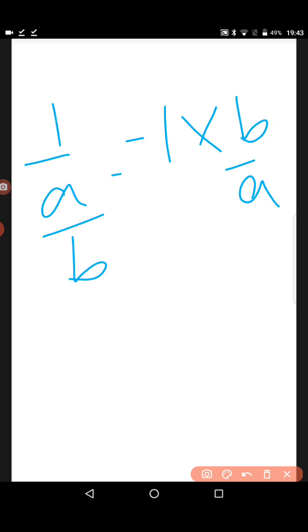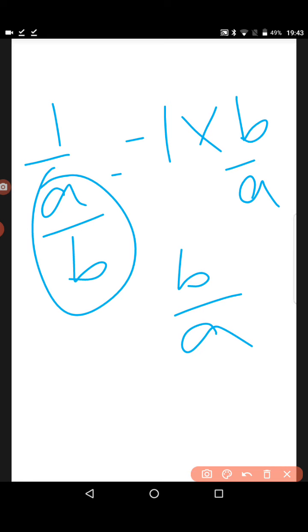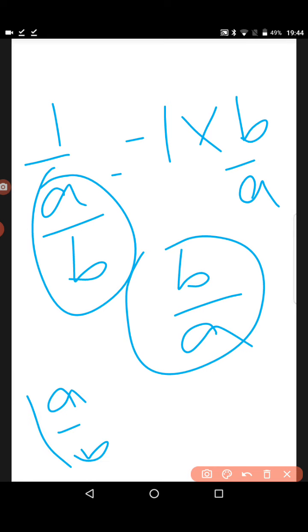Because when you are doing division in fractions, you should do reverse, right? The number will be reciprocated. So obviously 1 into b by a is b by a. That is why you are getting this. I am showing you the procedure for how I got (a by b) to the exponent minus 1 equals b by a. Why I got it, I am showing you.